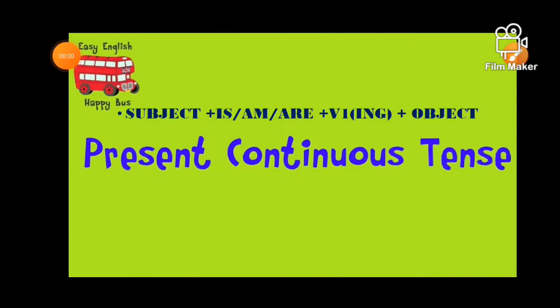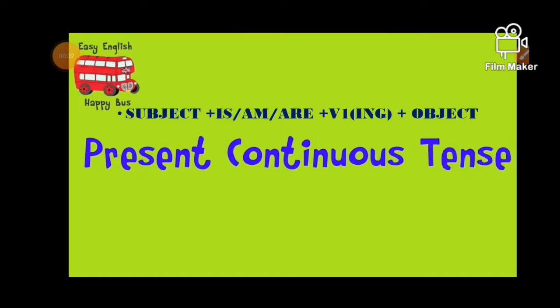So guys, have you enjoyed the video that you are watching right now? And I hope that you have understood all the concepts of present, past and future tenses. So we are talking about present continuous tense, the first continuous tense. The structure is written over here: subject plus is, am or are plus V1 ing plus object. And is, am, are are called helping verbs or auxiliary verbs, right?